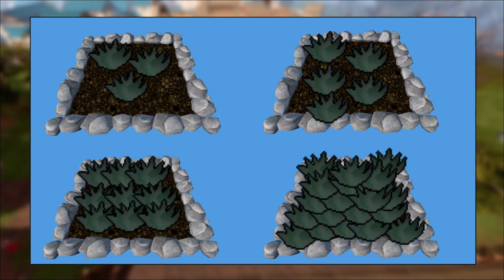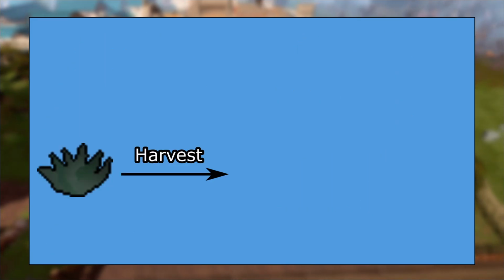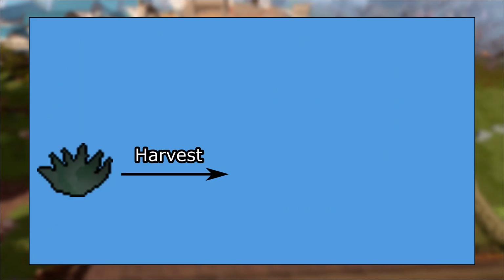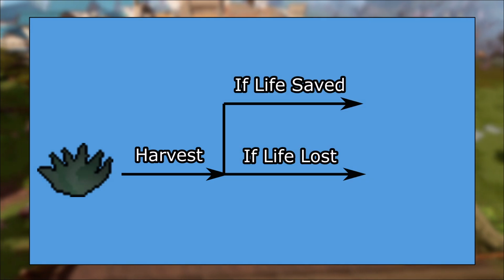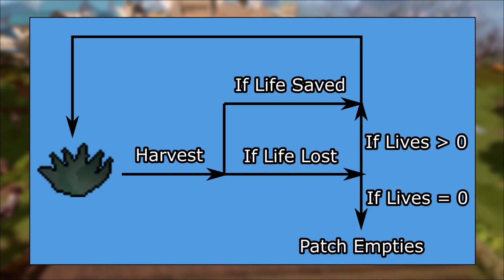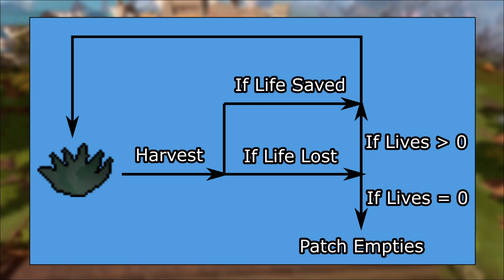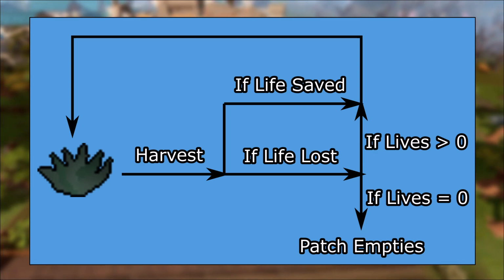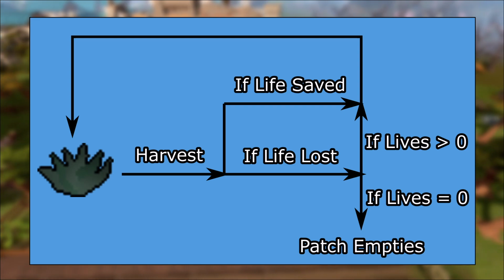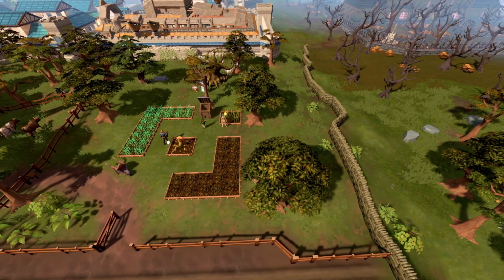After the seed is grown and you begin harvesting it, you will begin collecting herbs. Each herb you collect rolls a random number that determines if you lose a life. Once all of the herb lives are gone, the patch will become empty and the harvest is complete. The chances of saving a life for each herb harvested is determined by your farming level and the specific herb you are harvesting. Each herb patch has a base of 3 lives,